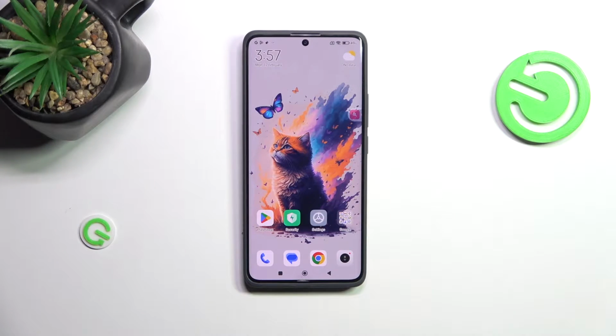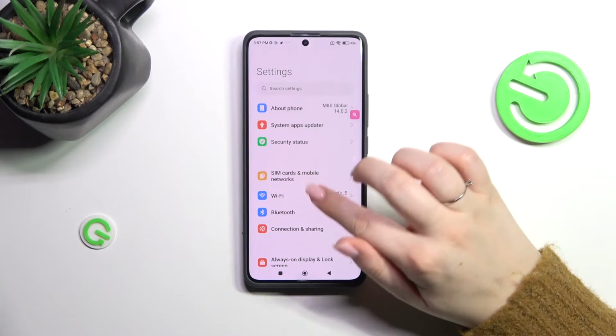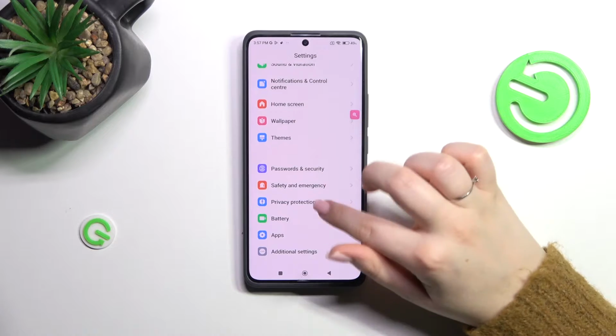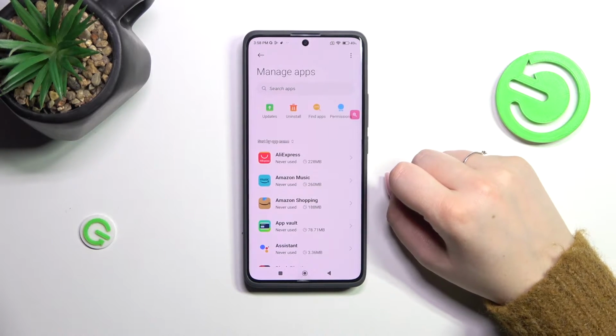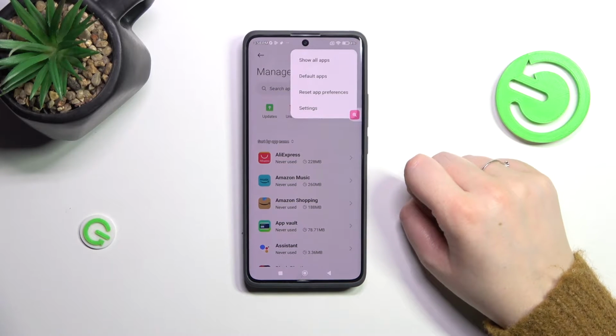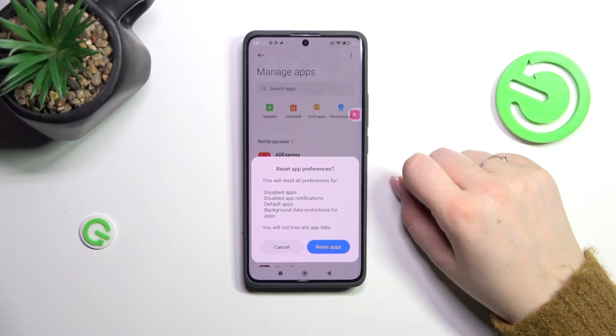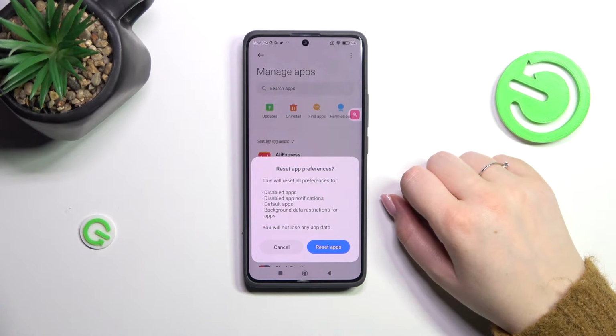So let's start with opening the settings, and here we have to scroll and find the apps section. Let's tap on it. Then let's tap on manage apps, so the second option, and the 3 dots icon in the right upper corner. Now let's tap on reset app preferences, and here your device will inform you what it will